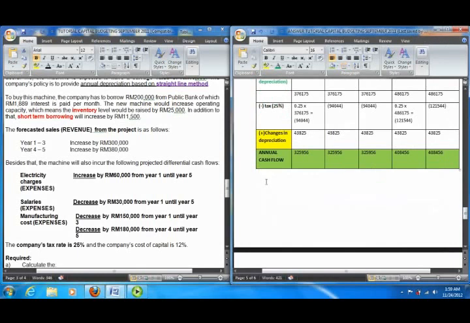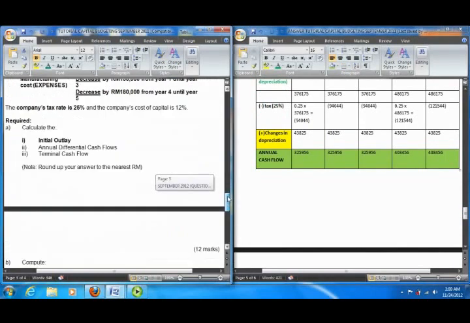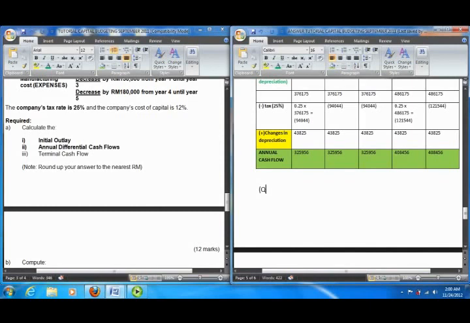Alright, class, last part of the question. As you can see, we have calculated the annual differential cash flow. Now we need to calculate your terminal cash flow for the last process. So what is the formula for terminal cash flow? It equals salvage value